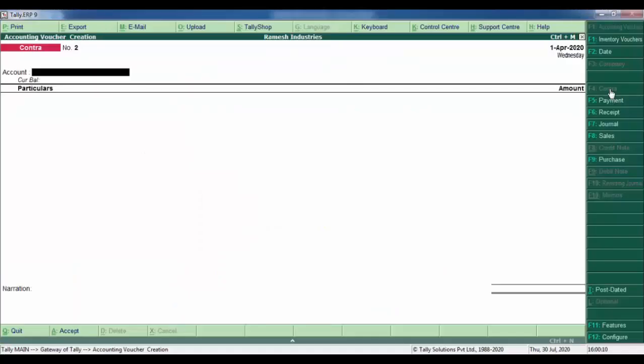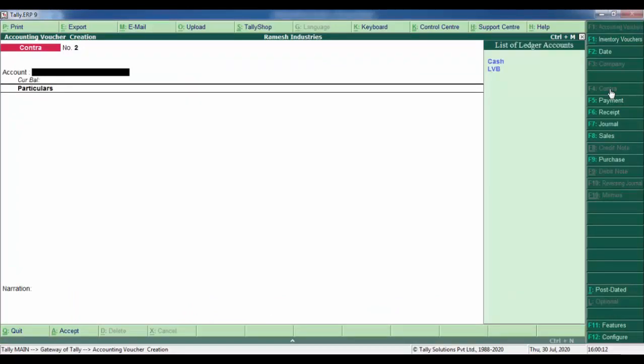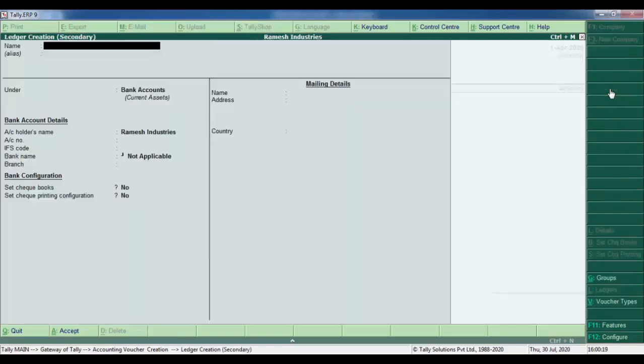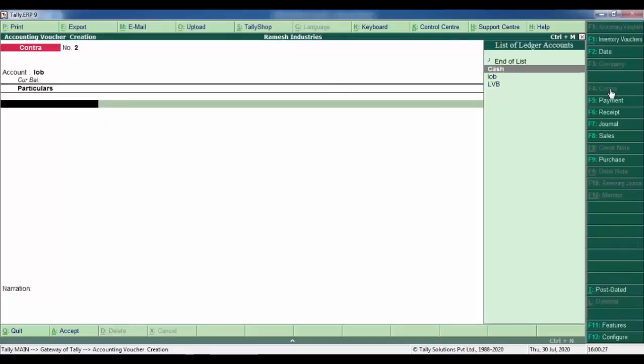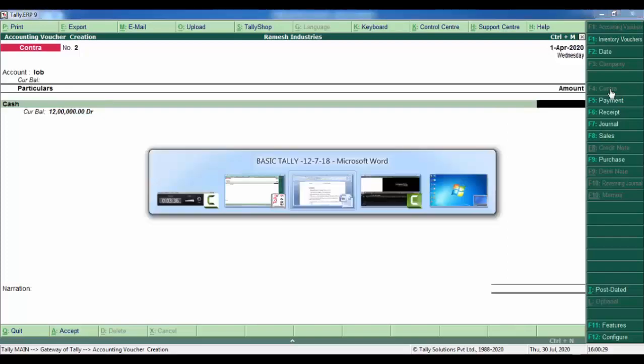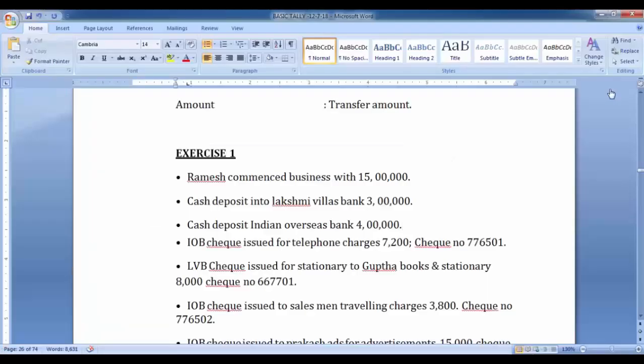Same way, go to contra voucher. Account is Indian Overseas Bank. Create an IOB ledger. Press Alt plus C. IOB. IOB is under bank accounts. Cash. And the amount is 4 lakhs rupees.